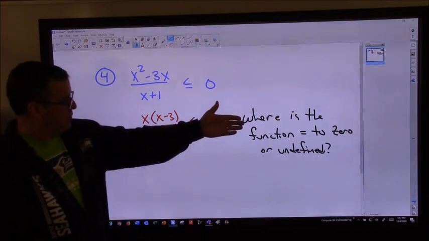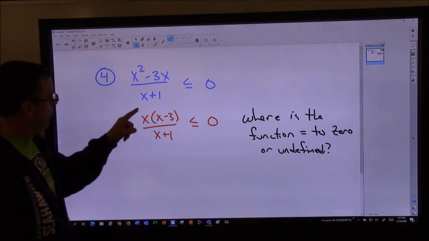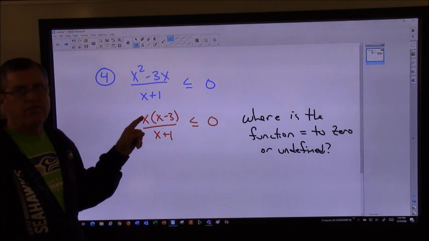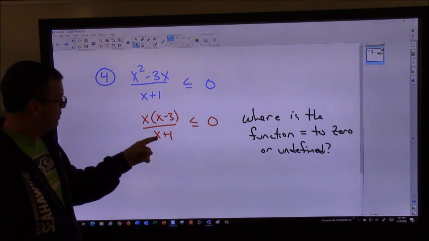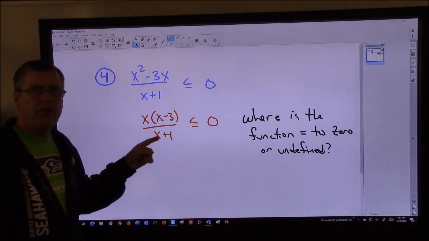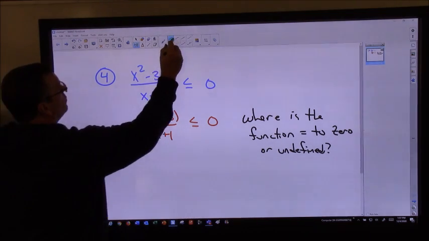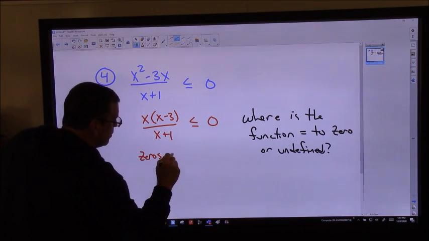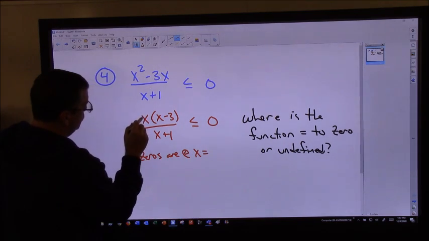Okay, see, in the past we just said, where is this function equal to 0? Where are my zeros? Now I'm going to say, where does it equal 0? Now remember, the only way a fraction equals 0 is if the numerator equals 0, right? Or where is it undefined? That kind of falls into our domain issue. Denominators cannot equal 0. Okay, so we would say that the zeros are at x equals 0 or 3,